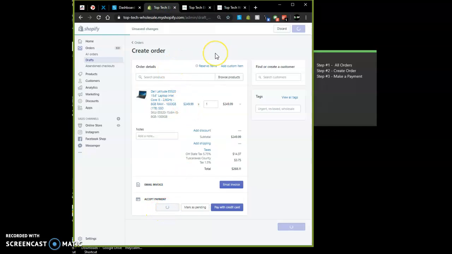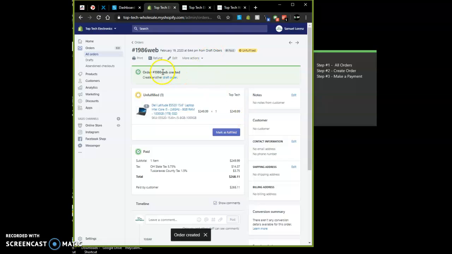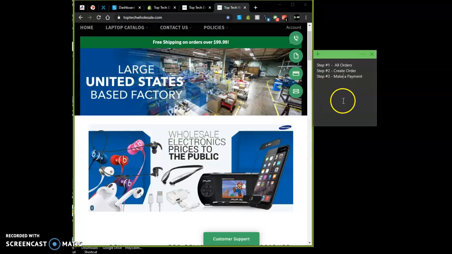So you have to make sure your customer is going to check out. They're going to bail on you, because that's going to create the order. And you can take that order web number, place it there, however you want to do it, however they want to, because this is going to be the customer doing this, and then it'll come through as a sale once they do so. And each manual processing sale like that